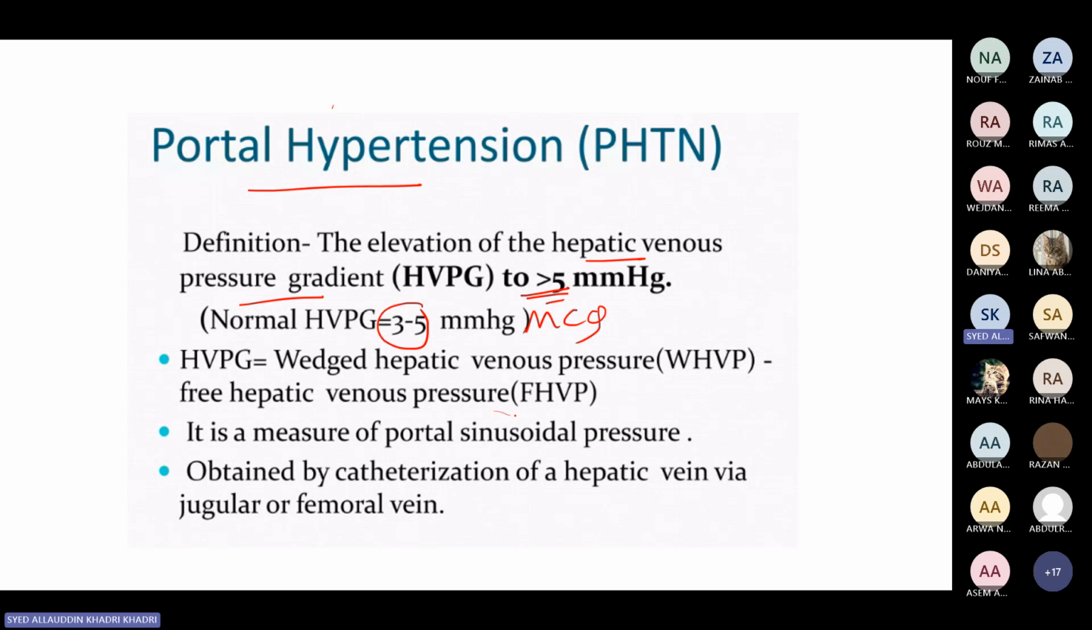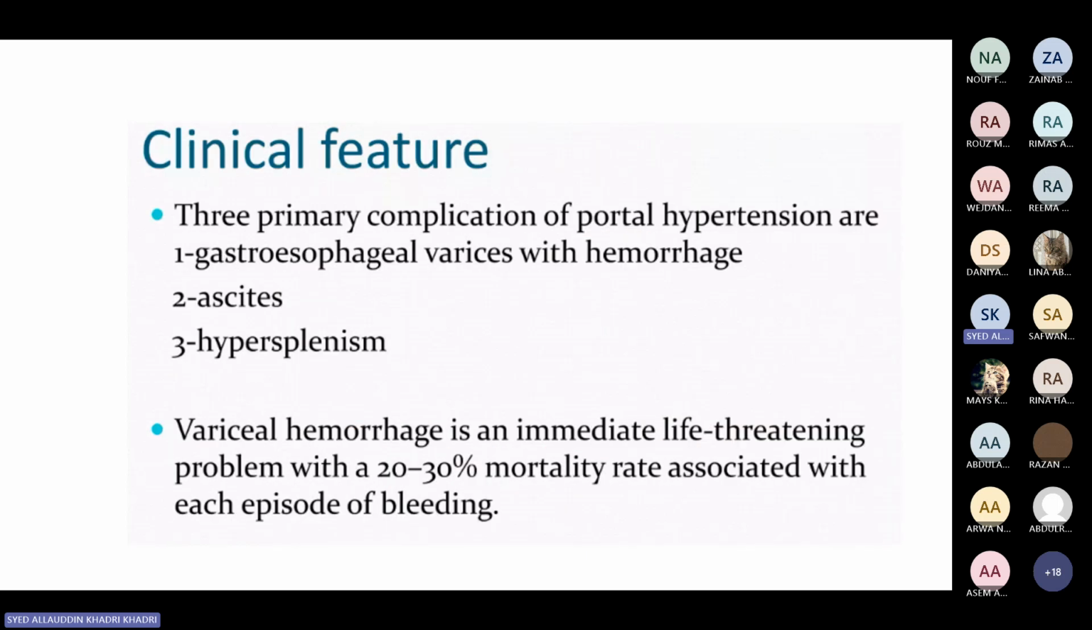So it's a measure of the portal sinusoidal pressure, obtained by catheterization, and cannot be detected by any non-invasive technique. It's an invasive technique via the hepatic vein, via the jugular or femoral vein. This indicates the clinical features: gastroesophageal varices in the form of bleeding and hemorrhage, ascites causing increased hydrostatic pressure and decreased colloid osmotic pressure, and hypersplenism causing consumption of the RBCs and platelets. Variceal bleeding is an immediate life-threatening problem,